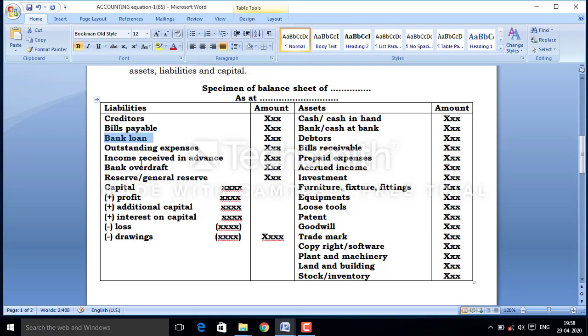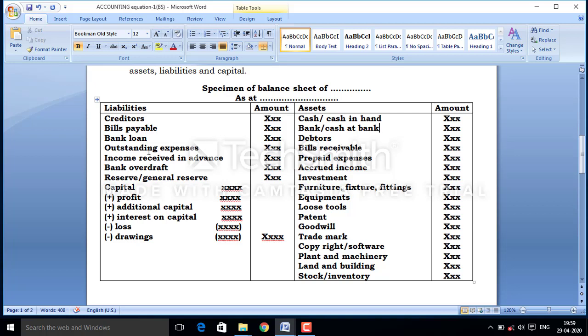Or if we are not going to acquire the assets, ultimately it will impact the amount of the bank, because bank is not going to provide the loan in jhola. It means bank will not ask the people to whom bank is going to lend the money that come with the bag and take your loan money. No, loan amount is directly going to be credited in his or her personal account. So if business is borrowing loan, then ultimately it will increase the bank account amount. So if the loan is increasing, bank account will also increase.